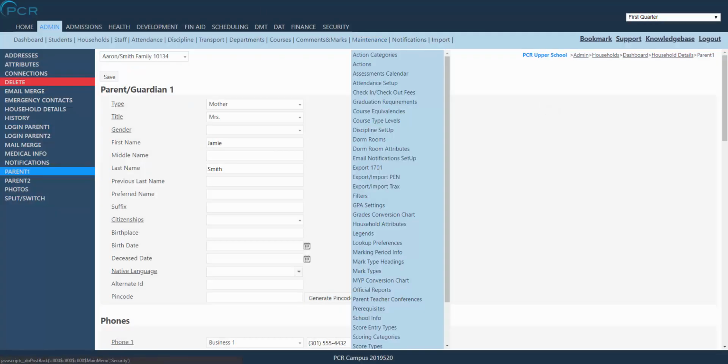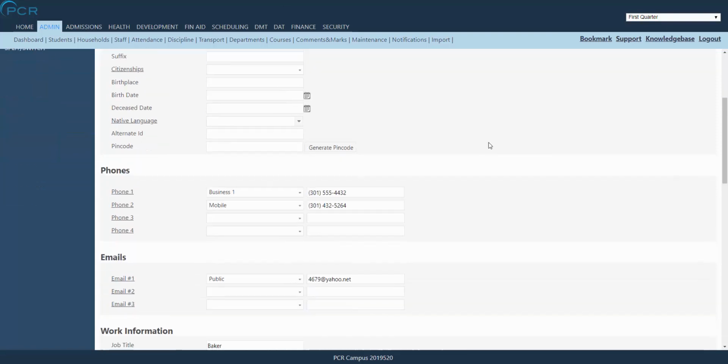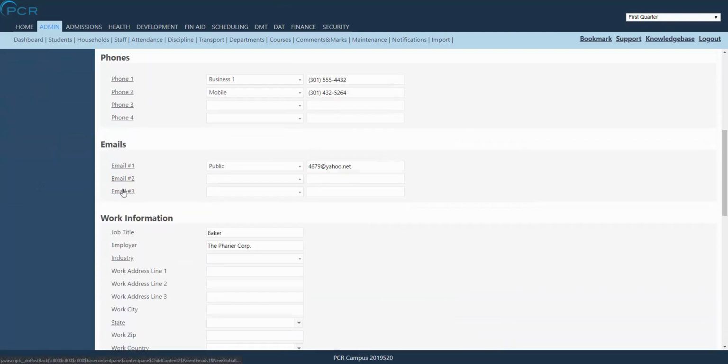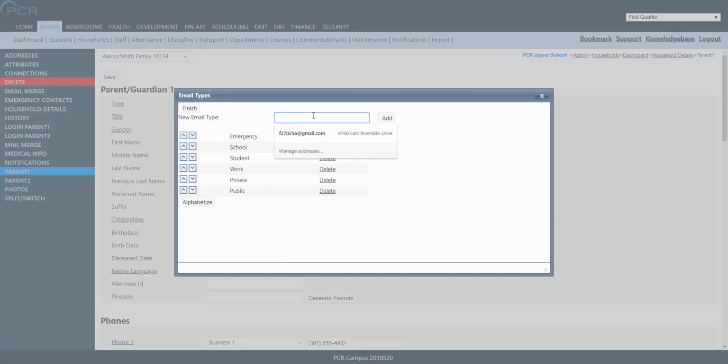So when I go back to the email merge screen, I have two options. Either I can send it to email one, two, or three, or I can pick the type of email. The advantage of using the type is that you may have some families, let's say you want to send an email to a personal email and not the work email. Let's say that one family has work email in email one, and another family has a work email in email two, and a personal email in email one. So let's say that I add a new one called personal,